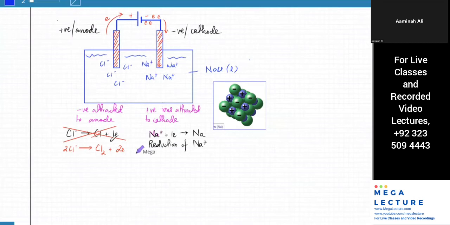Remember, it's the same exact equation, nothing different, except that you just made it diatomic. Instead of one Cl ion, you got two Cl ions. Instead of one Cl atom, you got two Cl atoms that join together to form Cl2. And instead of one electron being lost, they're losing 2 electrons together.